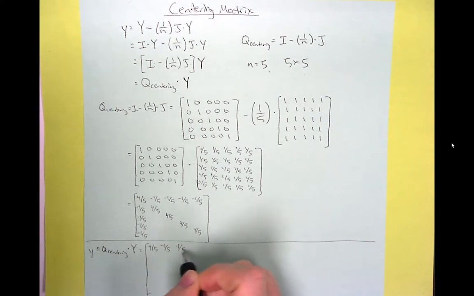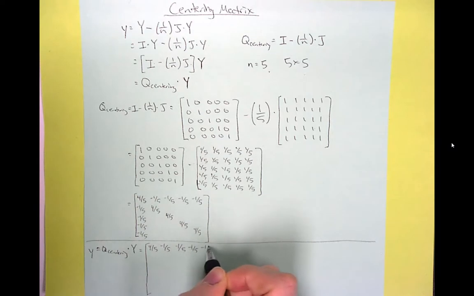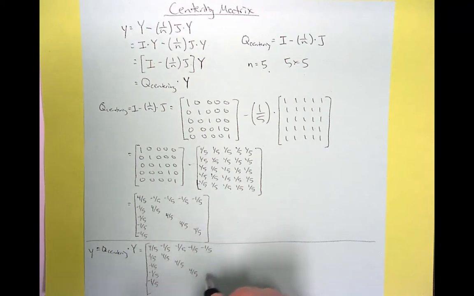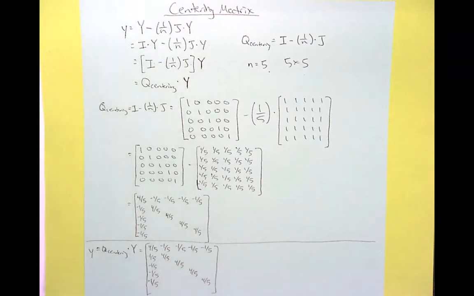I'm just going to write Q as I did up above. Four-fifths on the diagonals, times